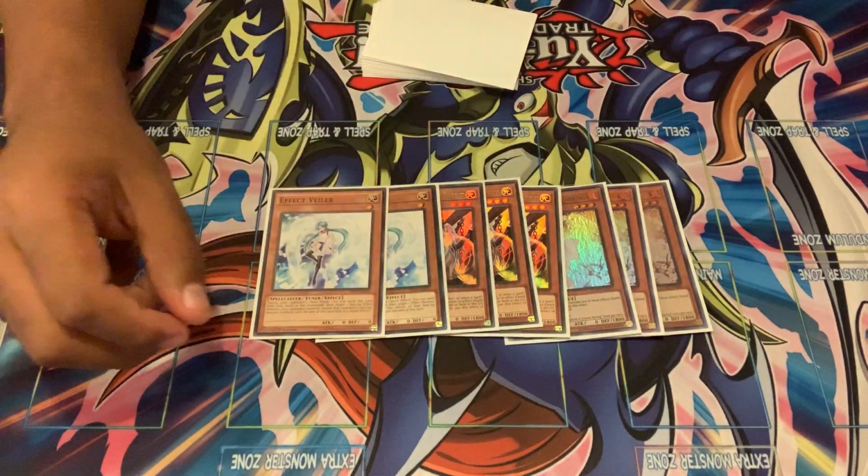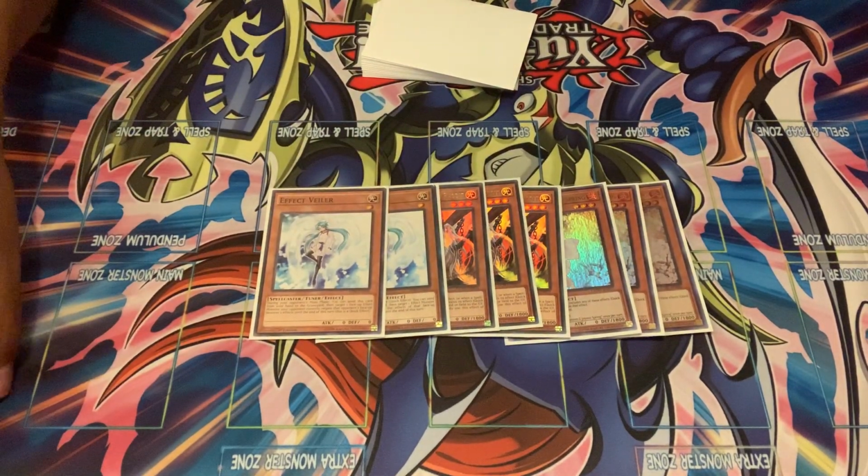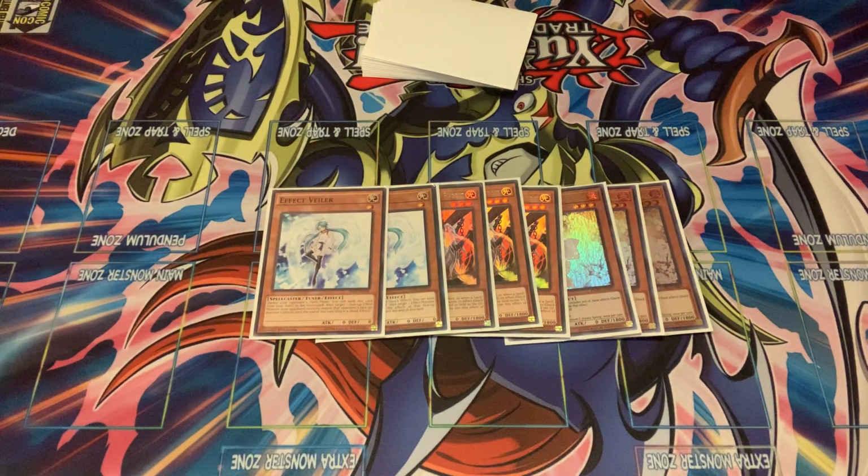So Ghost Ogre was for the Numeron deck. I was actually really scared of that, and then no one ended up playing it. But Ghost Ogre ended up coming in clutch against Code Talkers, against Blue Eyes, and against...